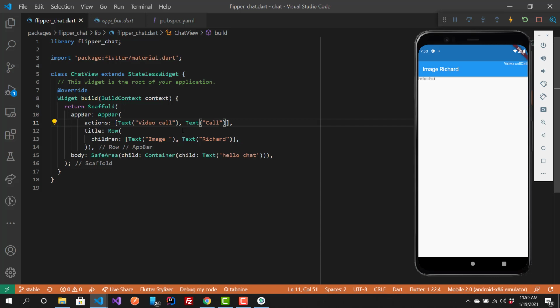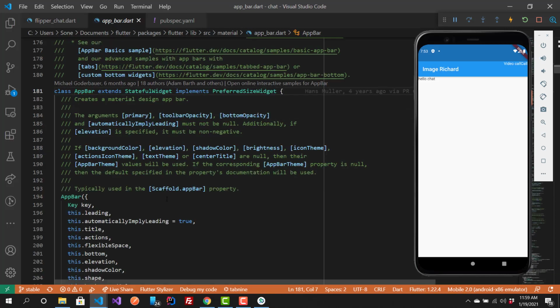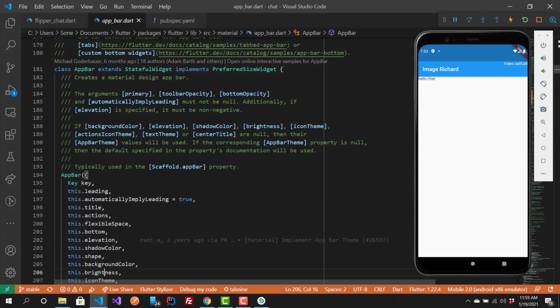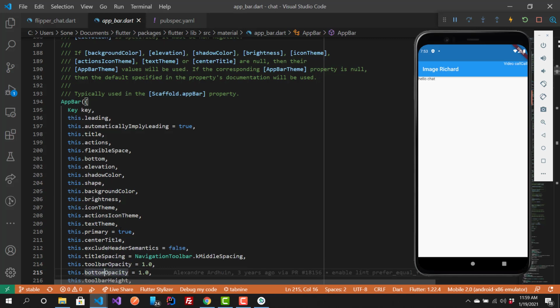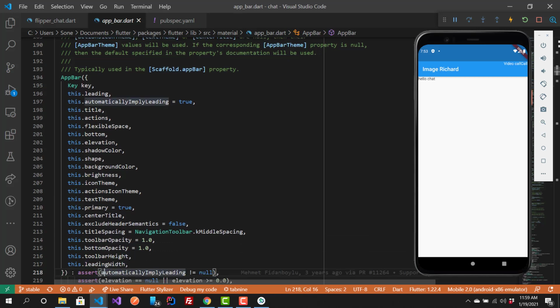But the question I have is that this text here and this text here are not on the same line. So I'm asking if there is a widget on the app bar that I can use that can give me everything on the same line. Wow, I don't see any. But again, I want just these two texts to be on the same line. You can see that one is starting from the top and another is starting from the middle. So I'm thinking